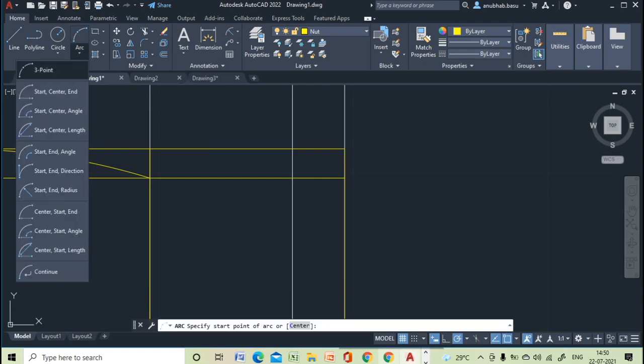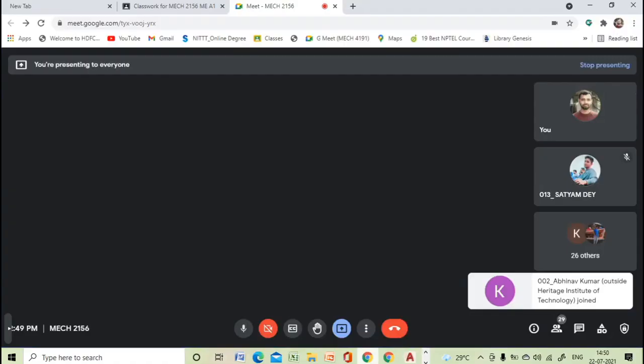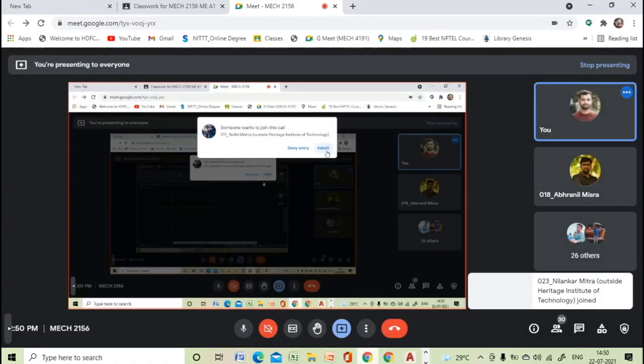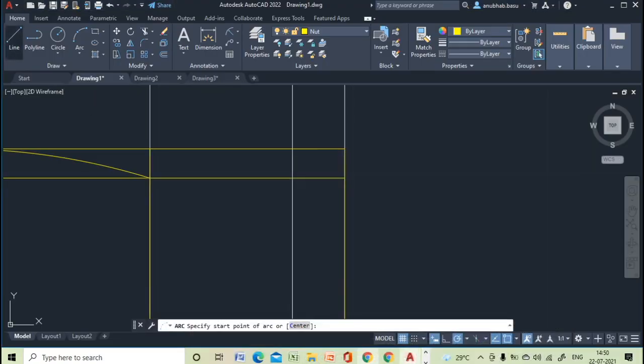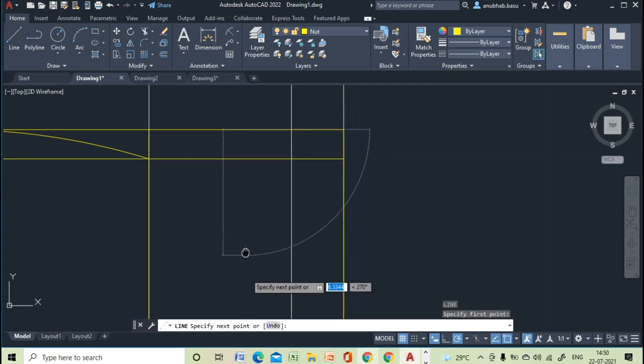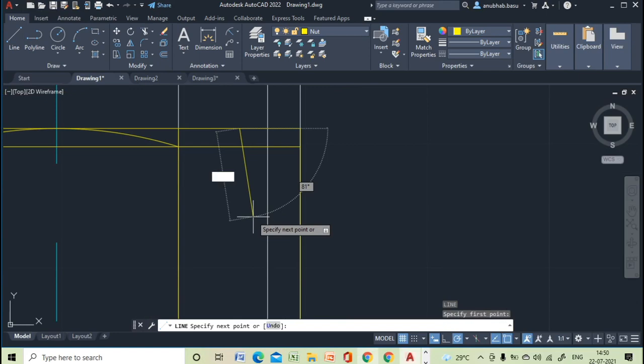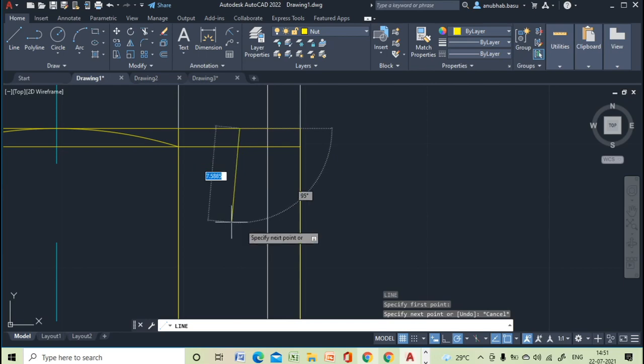Okay, I am checking three-point arcs. Suppose I draw the center point, and suppose this is the midpoint of this line. The center point will be at a distance of 8.66.